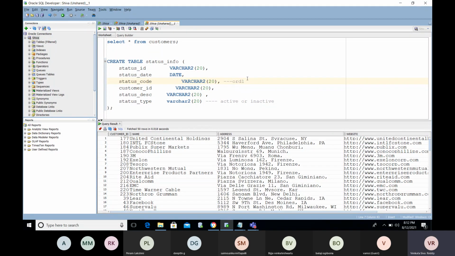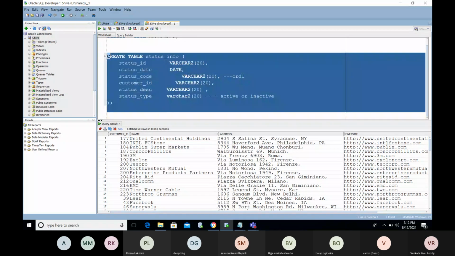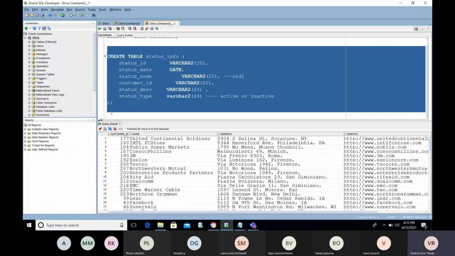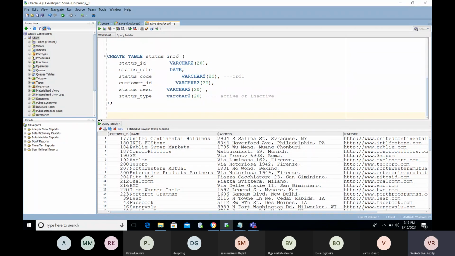That status code information will be maintained in a different table, not in the common table. See how many tables we are getting here. If you practice with these tables, you are a real-time guy. So, status code mapping.